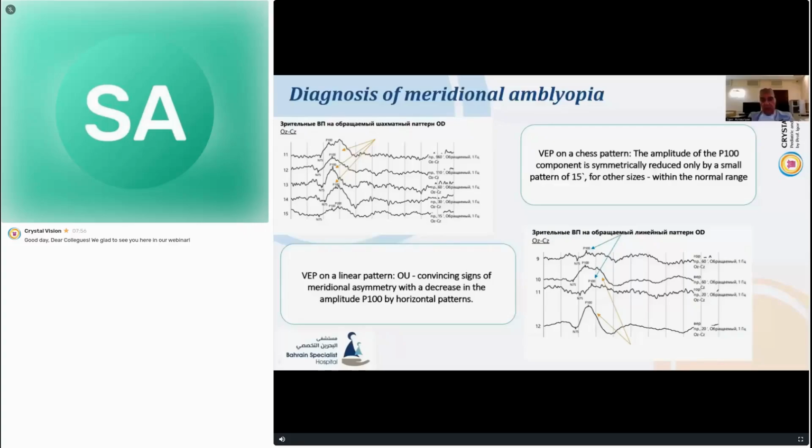Here's the diagnosis of meridional amblyopia. We present rectangular light profile patterns, which are stripes of various angular sizes, and depending on the P100 peak we get, if it is the same in all meridians, then the amblyopia is typical, not meridional. But if we observe significant changes in one meridian relative to another, then we are dealing with meridional amblyopia. Therefore, this meridional amblyopia must be treated in a specific way. Conventional methods for treating illusions or various stimulation techniques will take a very long time and may never cure it.